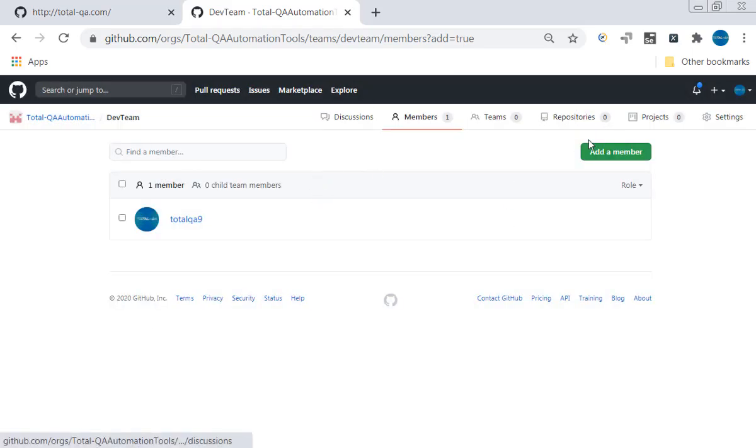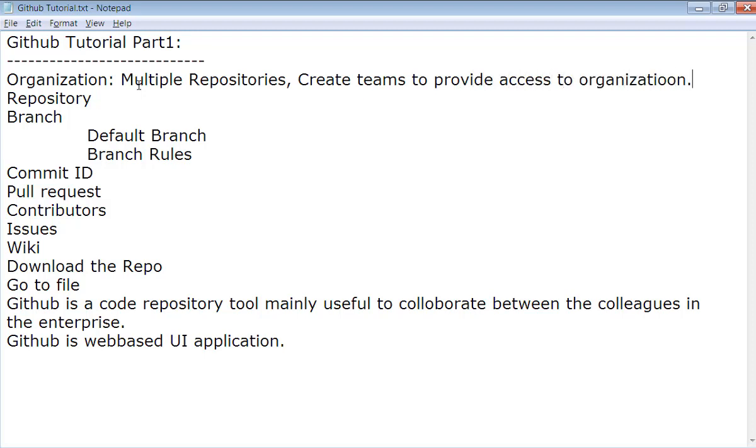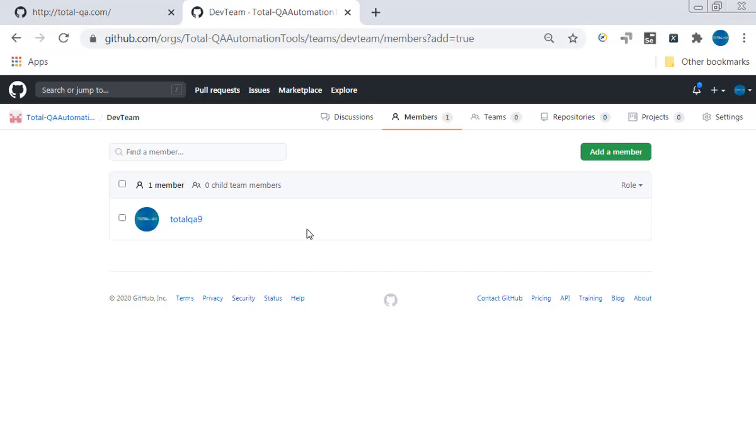So the advantage of the organization is we can create multiple repositories and we can create teams to provide access to the organization. Now, if we don't want to create multiple repositories and create an organization, we can even create a single repository as well to maintain the code.